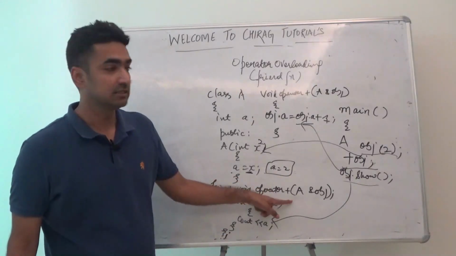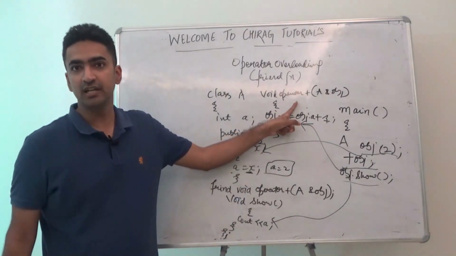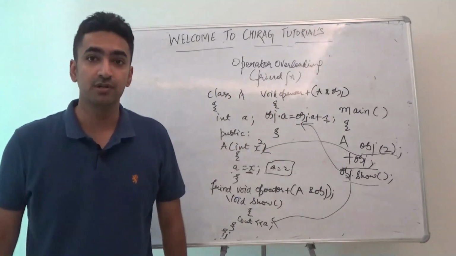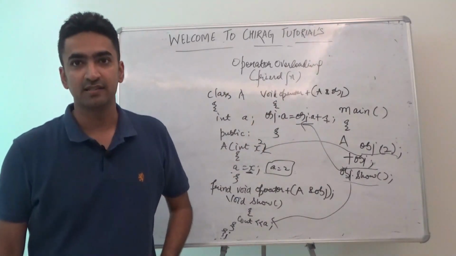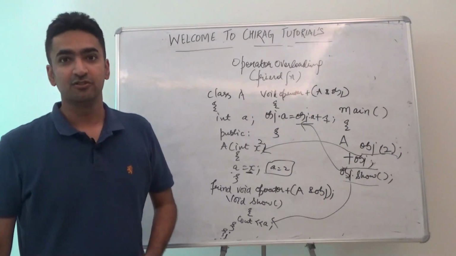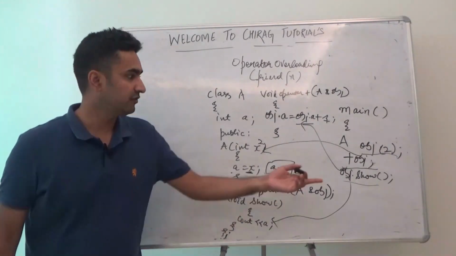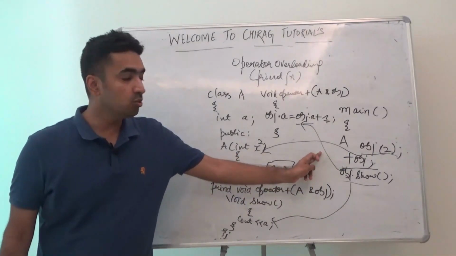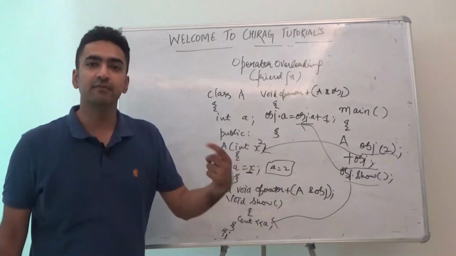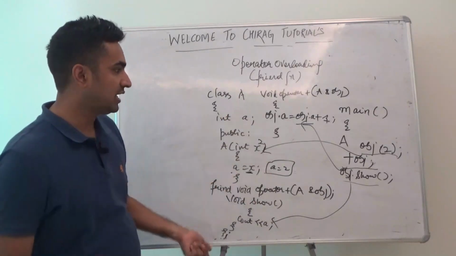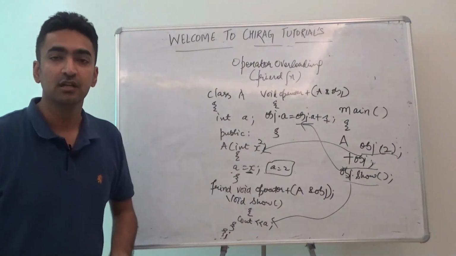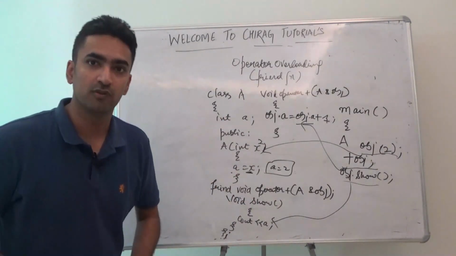Declared inside the class, use it outside the class, and always remember the object is passed as an argument. So if you are returning any object or any value, let's say I'm writing obj2 is equal to plus obj, then the return type will be changed. But for that, this is the return type, since we are using unary operator overloading.